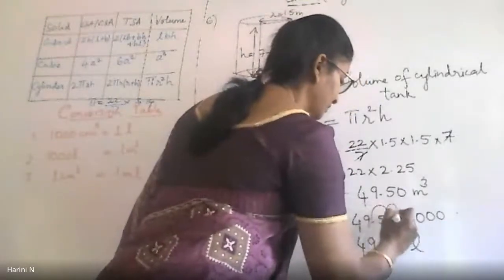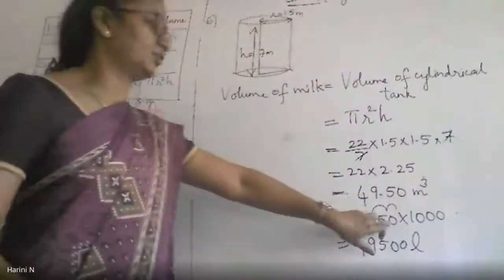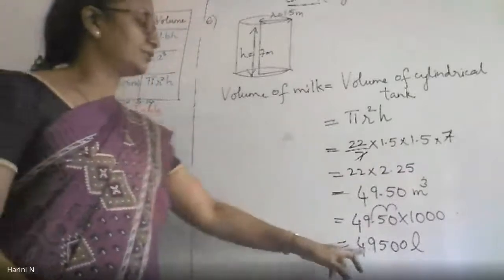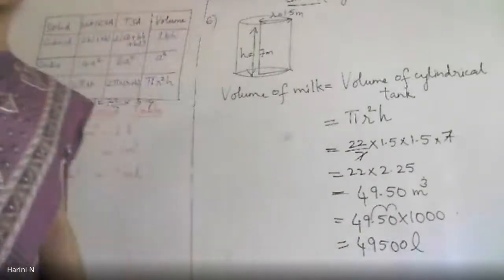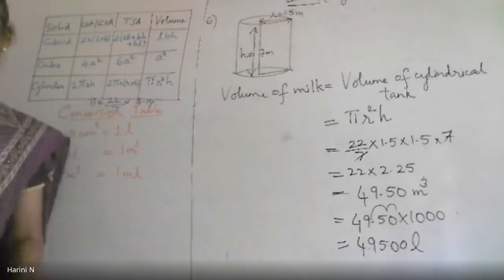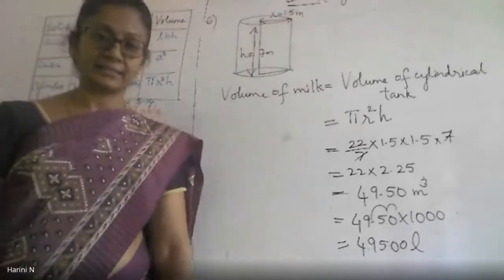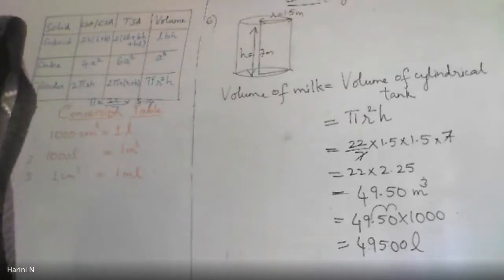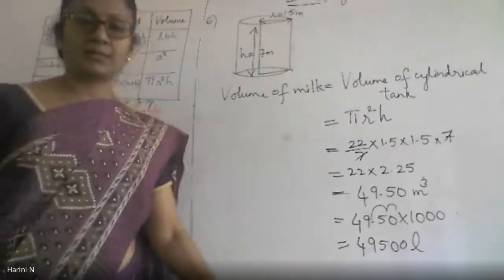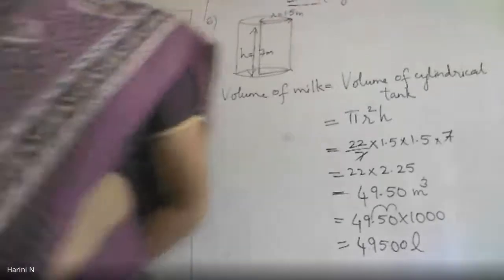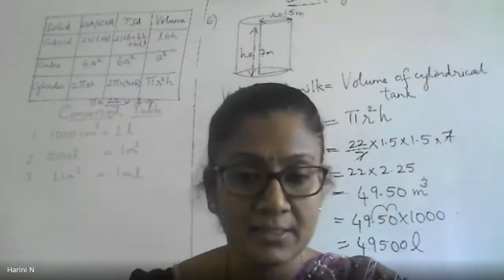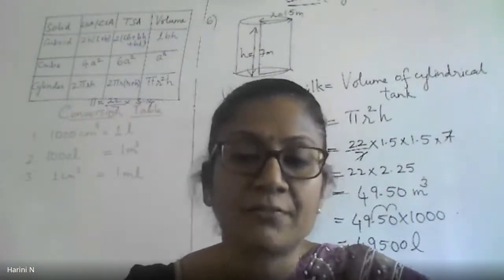The decimal will jump 3 places. Because after 0 you don't have another digit, you can put a 0 there and jump. Alright? So you will get 49,500 liters is the volume of milk contained in that tank. Okay, with that I think I have completed my chapter on mensuration. Now I just wanted to discuss on the blueprint. So I will share my screen there now. Please take down all these problems and practice. They are going to be very useful when you are revising for your exam.